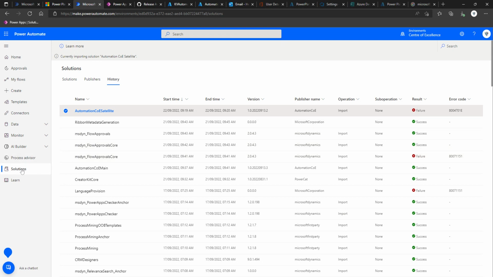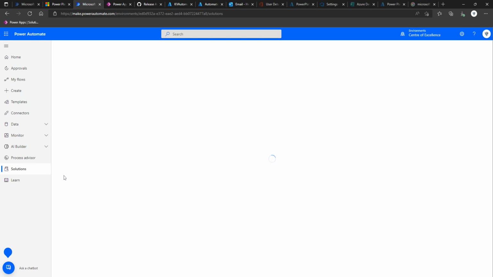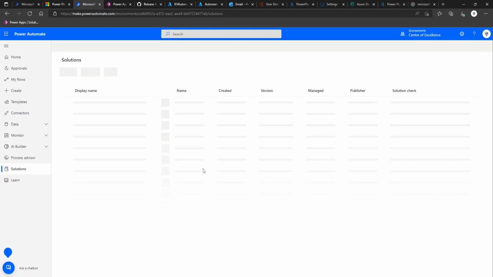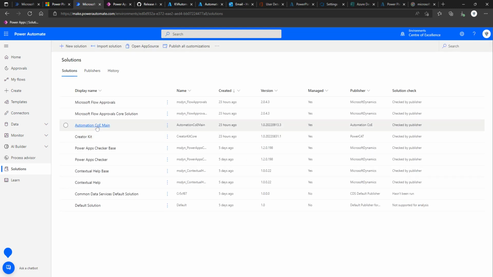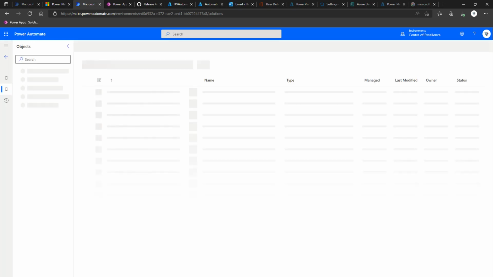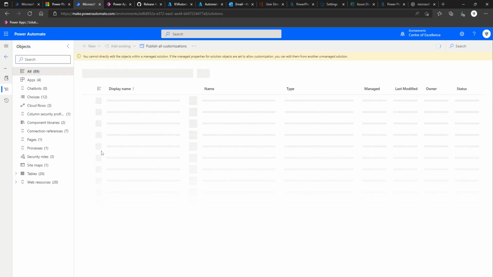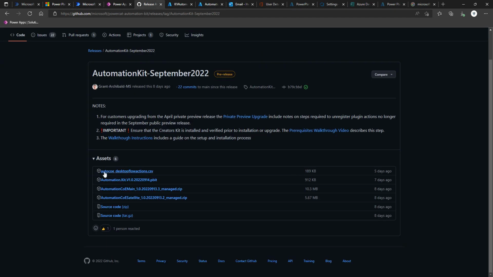What the final step would then be is you'd come into solutions, you'd go into the satellite solution, you'd click on tables on the left, you'd be looking for the desktop flow actions table, and then you'd be looking to import the auto COE _ desktop flow actions.csv